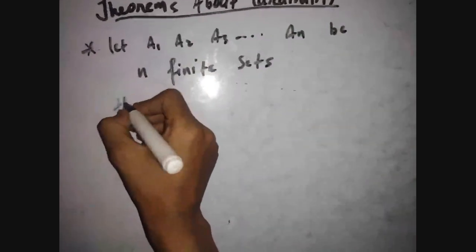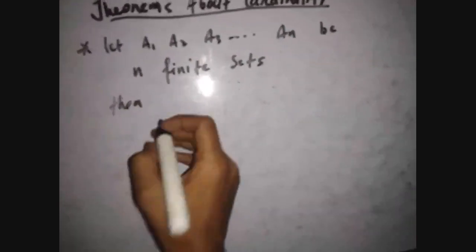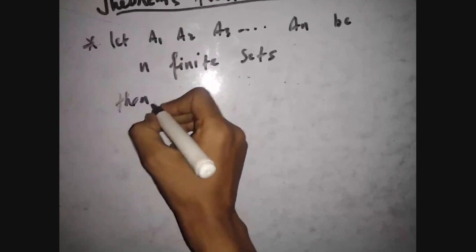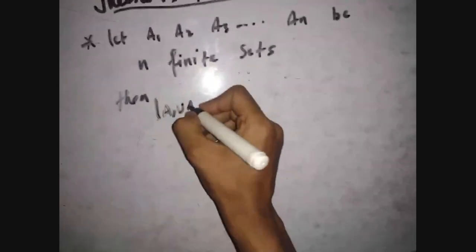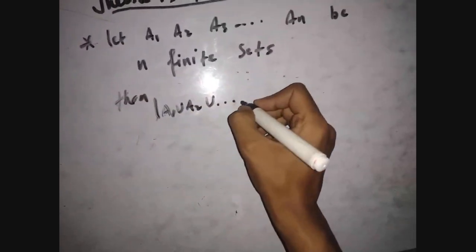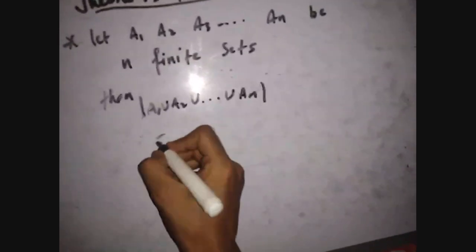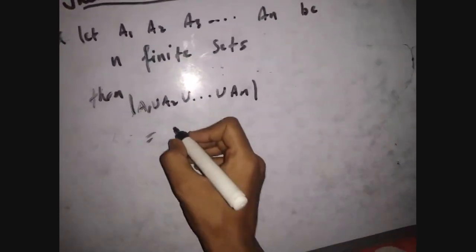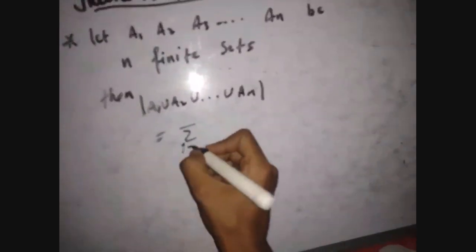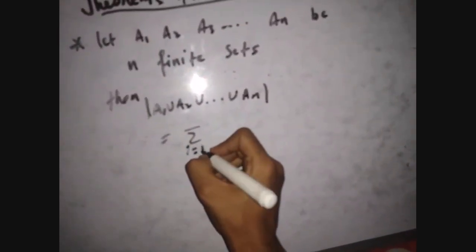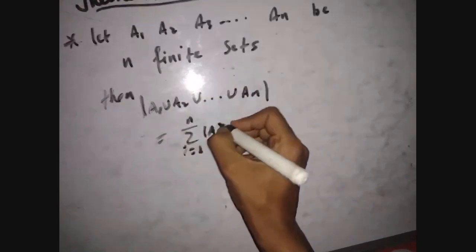Then we are asked what is the cardinality of a1 union a2 union and so on up to an, and by the previous two examples we can write this out. So this will be the summation of cardinality of each set,